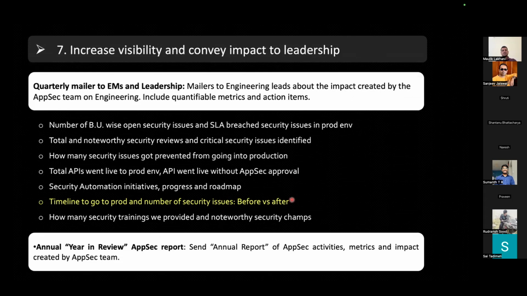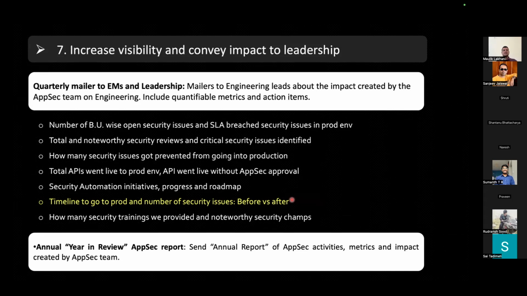But now, after performing 50 or 100 security reviews in total for everybody, you are saying that when engineering had to submit their things for security review, it took us a day or two to perform that review, and then they went back, fixed those security issues, and went to prod. After a year or 2 years, earlier it was 4 days of security review and approval and then go to prod. Now it is 1 day of security review and go to prod.